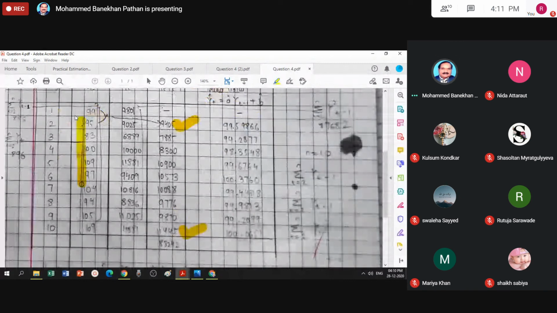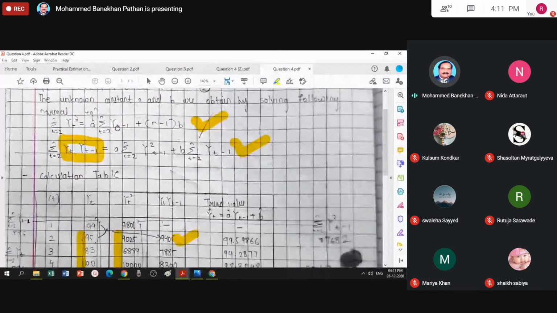That means you want to make a total of these values. Now, what about this? 2n minus 1. Here y1 2n minus 1. So this is your